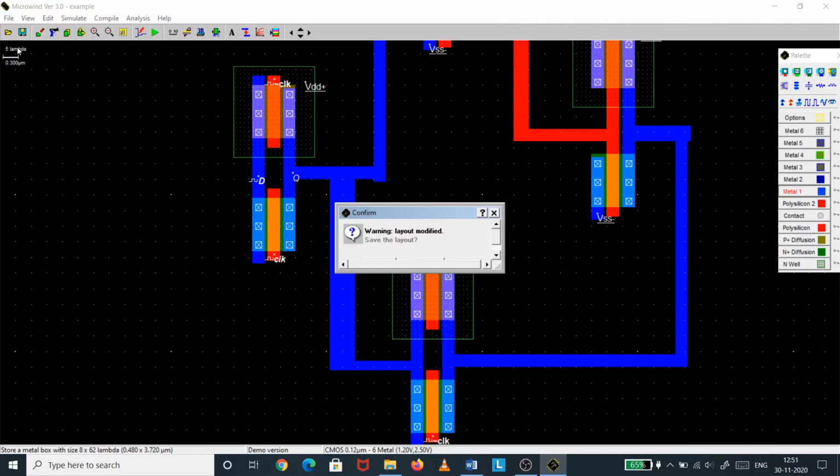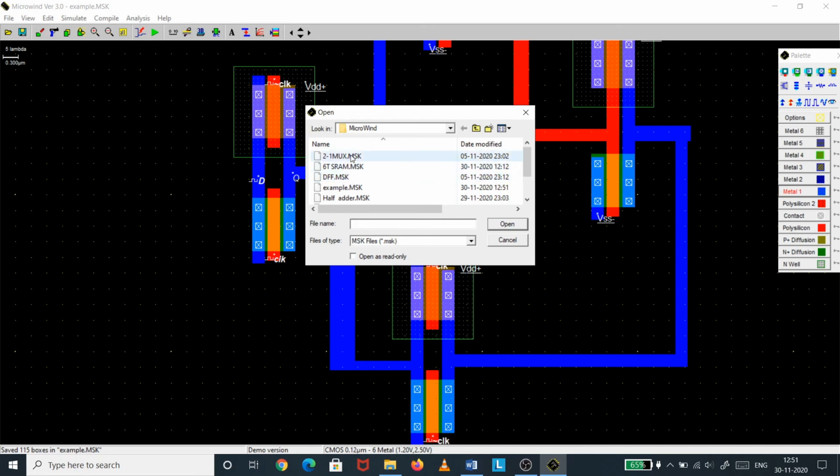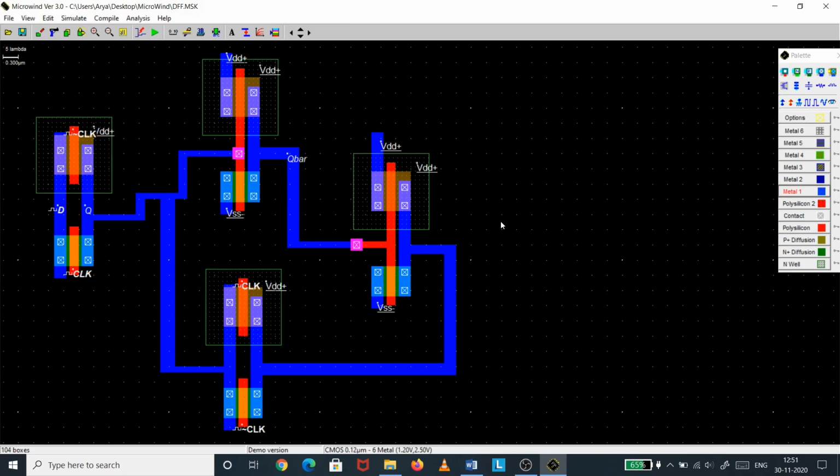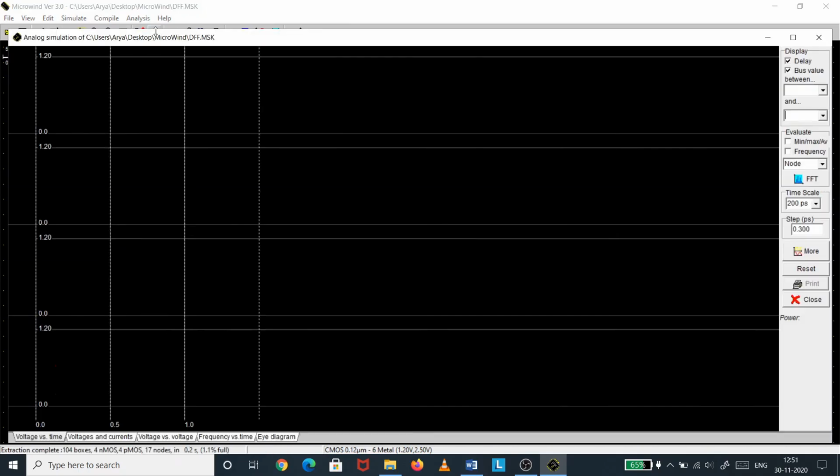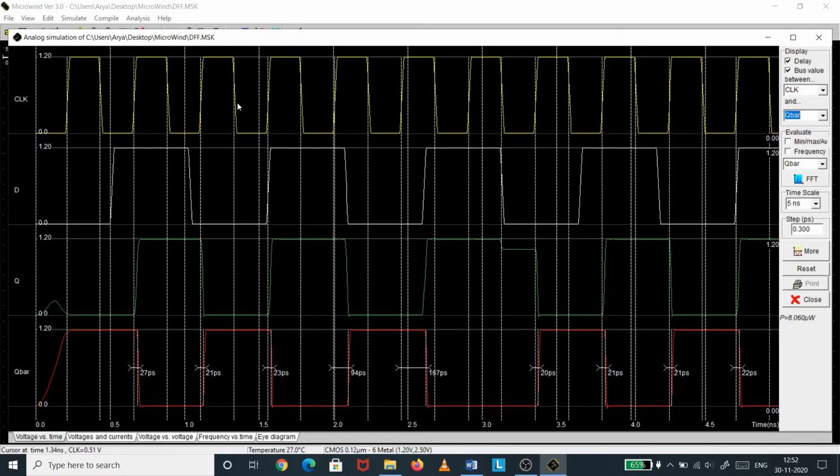I have this example of the D flip-flop with me. I will just run this. So this is nothing but our clock input, this is our D input, and this is Q and Q bar. Obviously Q and Q bar are complementary to each other. When there is a positive edge of the clock, you will get Q following the D input.